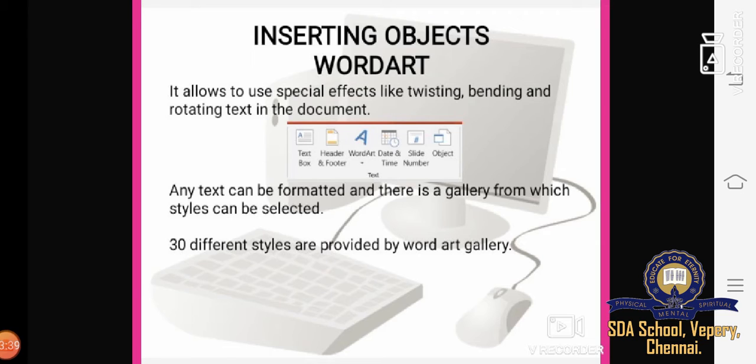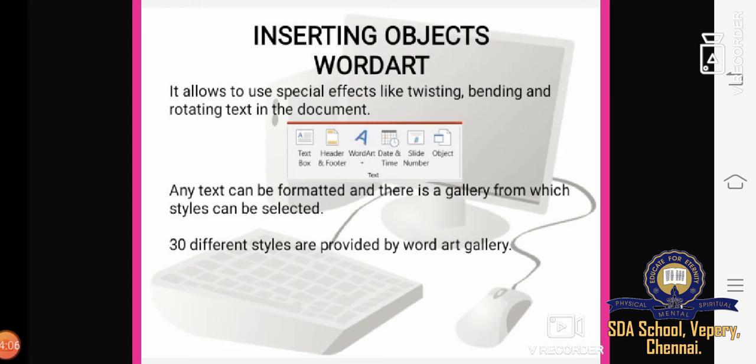There are 30 different styles provided by the WordArt Gallery. Whatever style you want, you can select it and make your document more attractive. Each style has its own variations and color schemes.